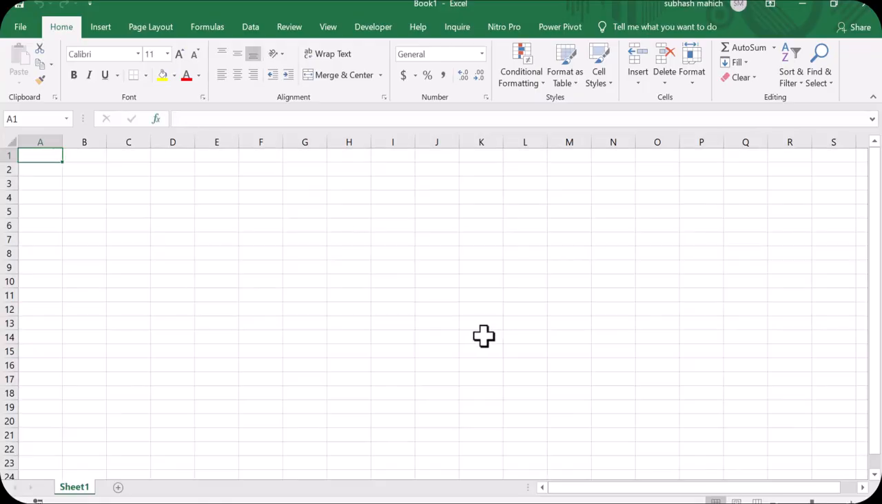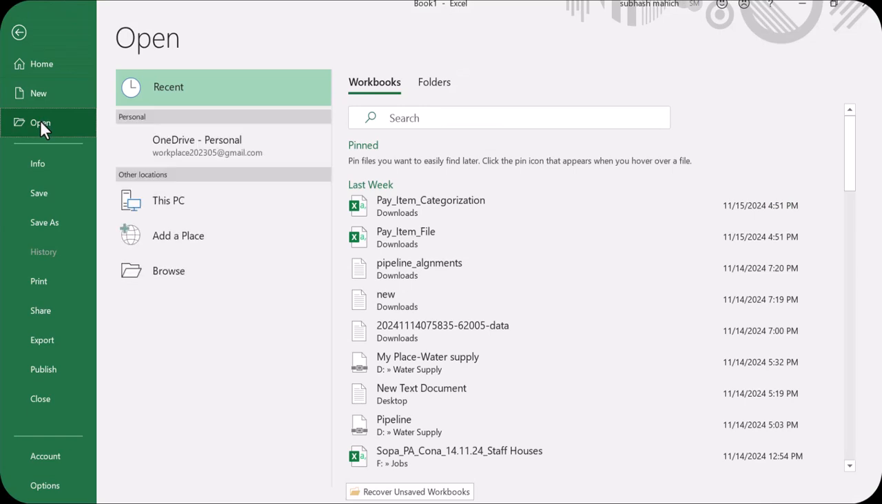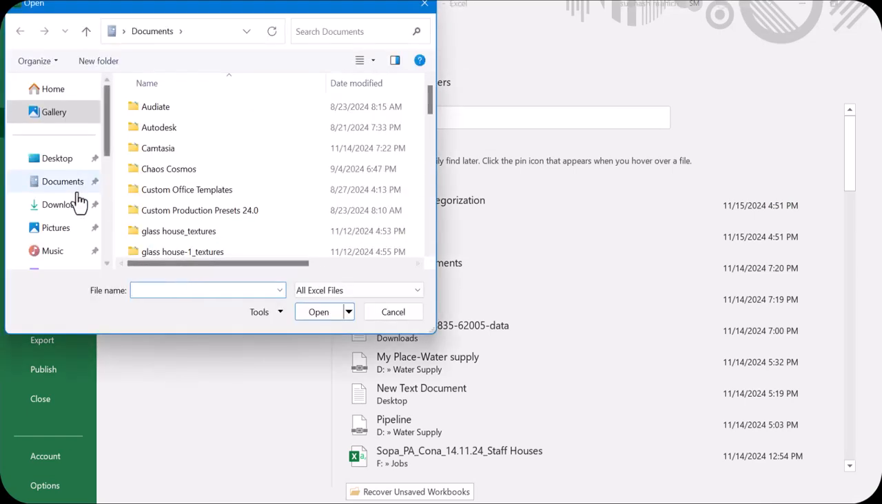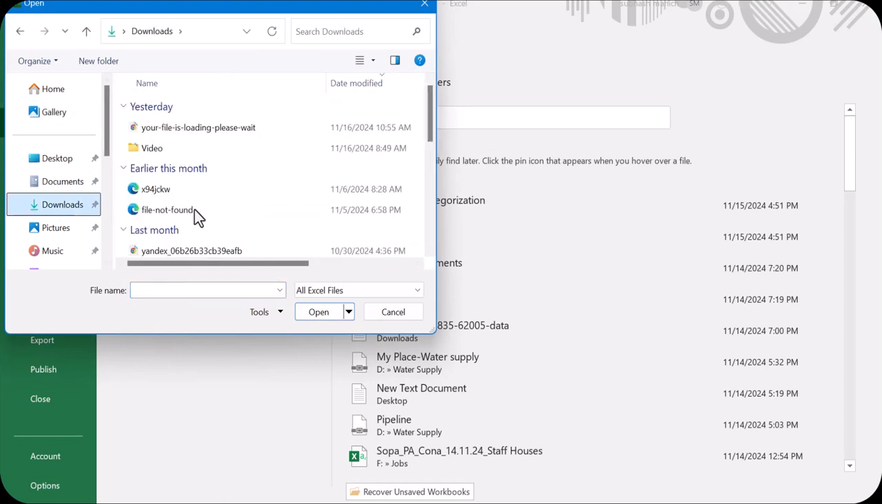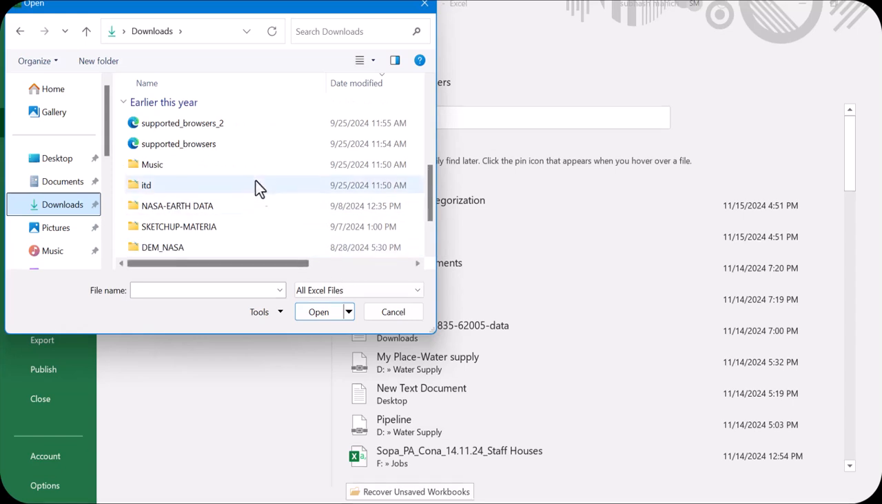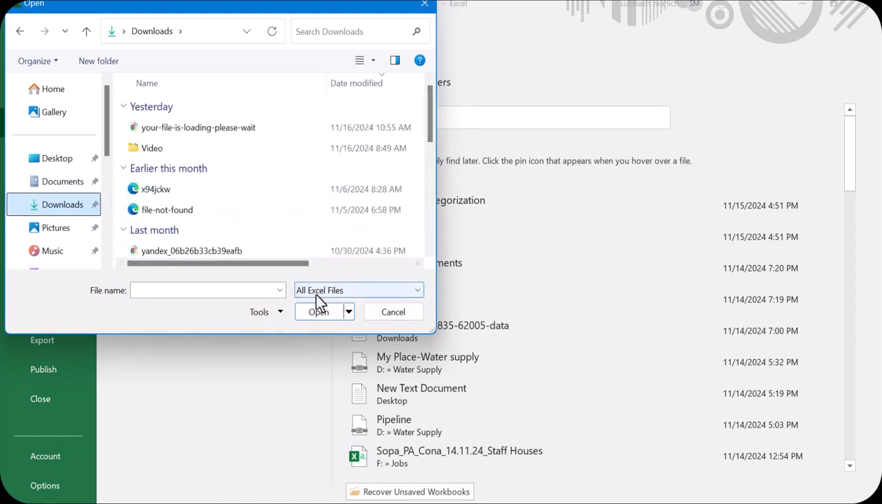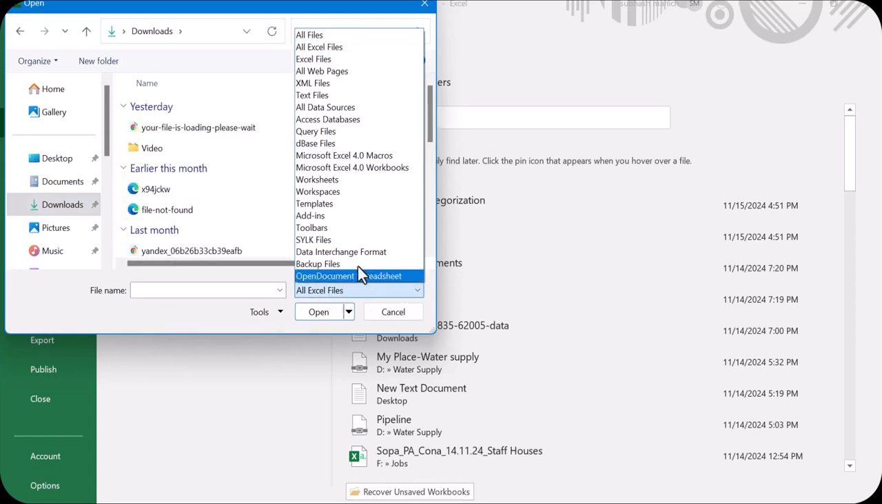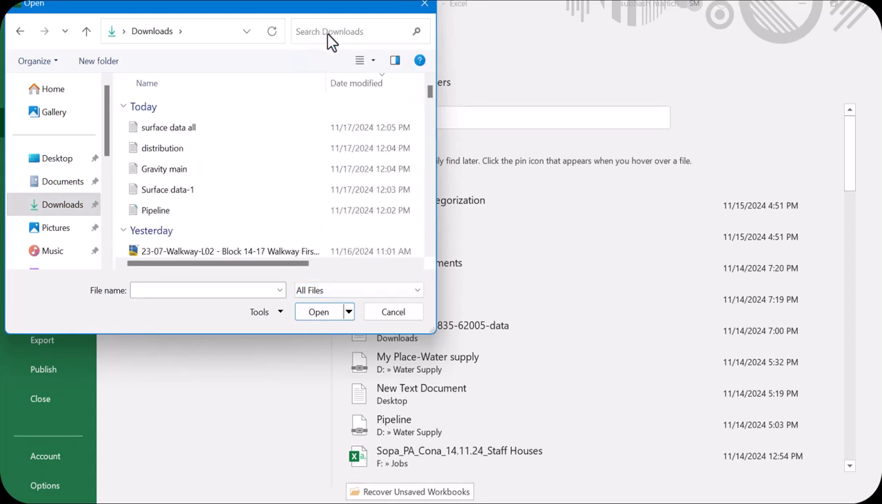Yes, blank sheet. After opening the Excel blank sheet, you go to File and Open. Then browse, go to Downloads, where our file is. Okay, so in there